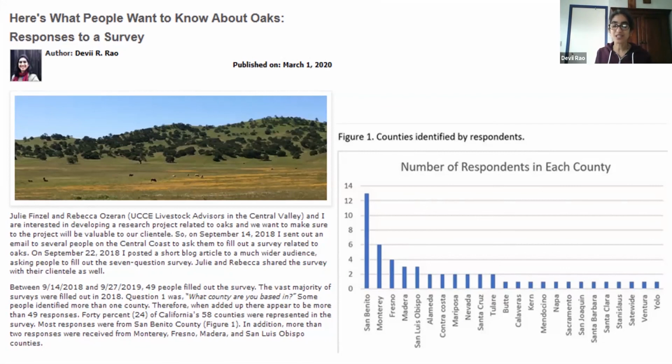Okay, so the last thing I wanted to talk about is another question that Catherine had asked: how do you keep abreast of changing needs? So I wanted to talk about another needs assessment that we did. I'm working with Julie Finzel and Rebecca Ozeran, and the three of us are really interested in research related to oaks and oak woodland and oak mortality, especially during these droughts. We were all excited about starting a project. And then we started talking about, well, this is what we want to know, but if we do this research,